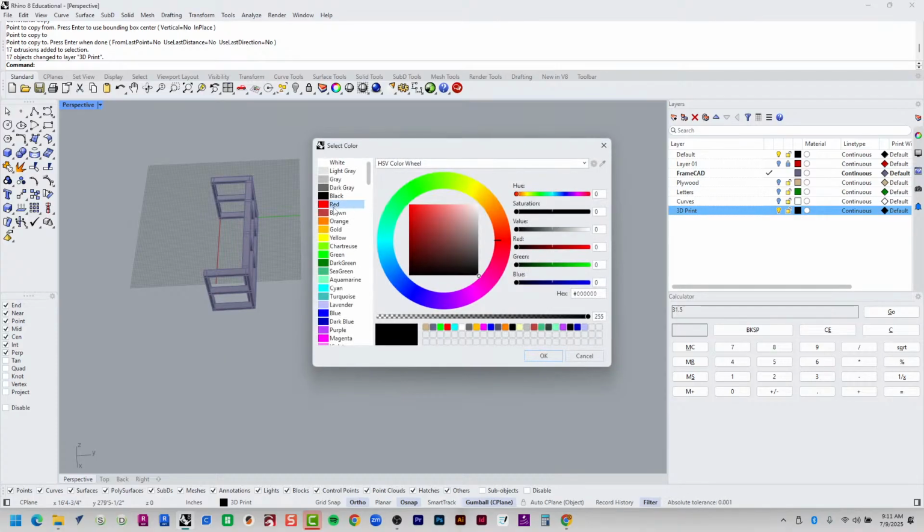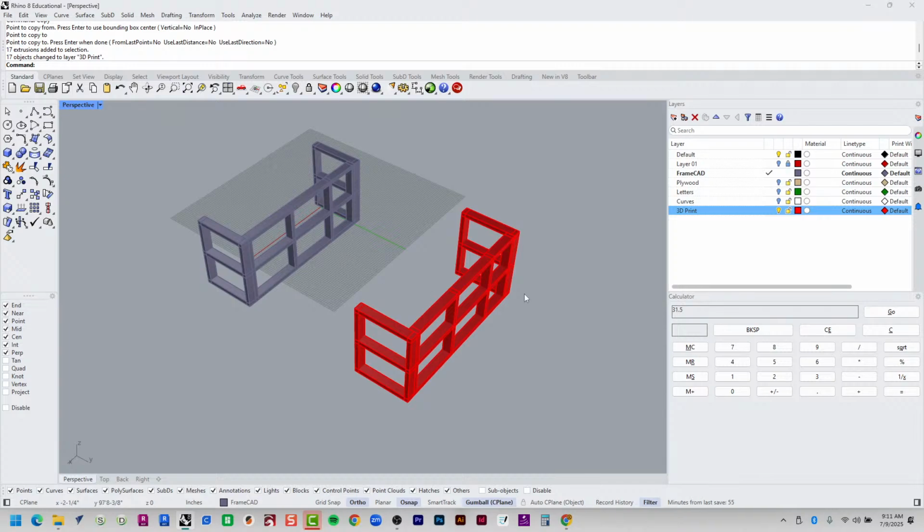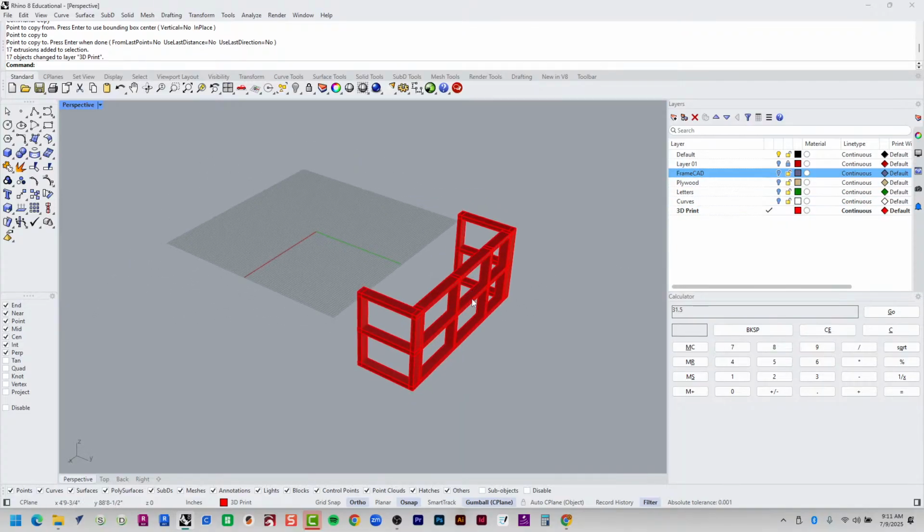Let's choose something super bright and red so I can tell the difference between the two. I'm going to make this 3D print layer active or current by hitting the little check mark here in this column. I'm going to hide the other one. Now I can just focus on this one here. I've made a copy because I'm going to scale it down,